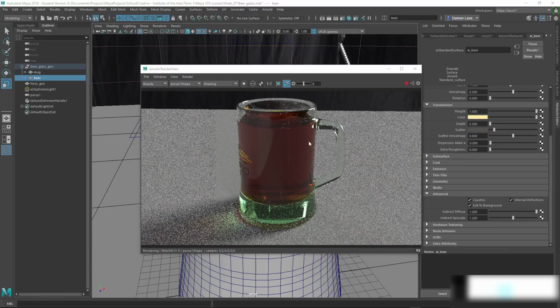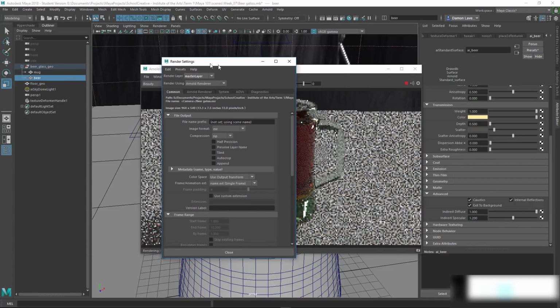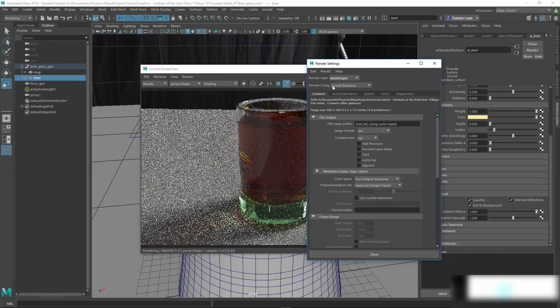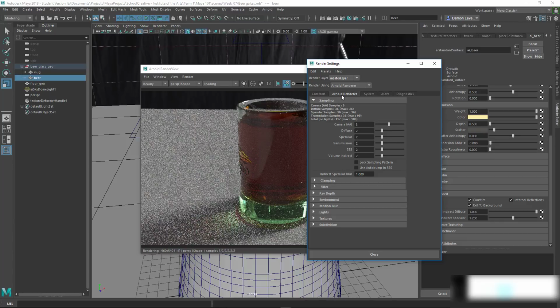Alright, so far we've been rendering in the default quality. You should change it not to work in the default quality so it renders quickly, but in this case I felt that there was no real reason why I shouldn't. So let's just click on the attributes here and make sure that it's set to Arnold attributes, and over here in the Arnold settings you'll see